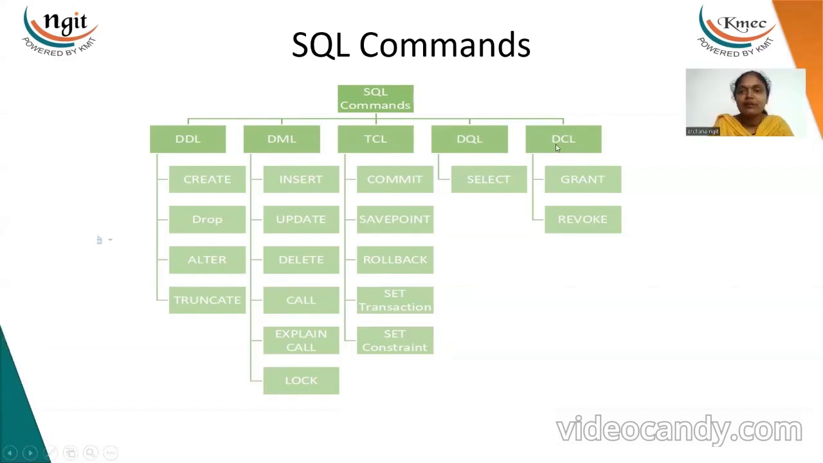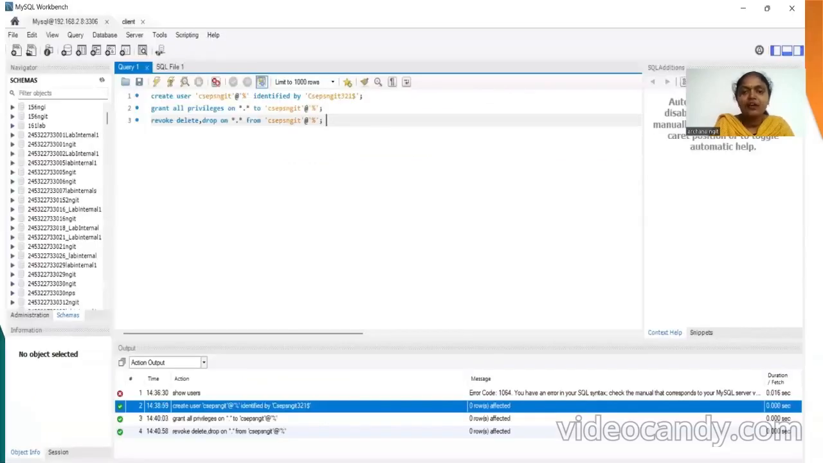Now we'll be continuing with DCL commands, which will control the accessibility to the data. So we have only two commands, that is grant and then revoke. So before we get into it, we need to open MySQL Workbench. As I already told you how to deal with MySQL Workbench, open your Workbench and then let us create a